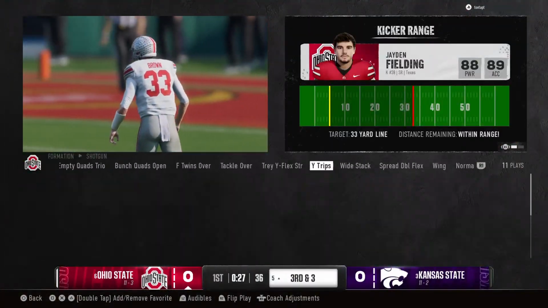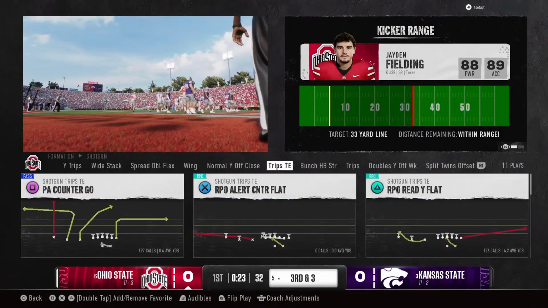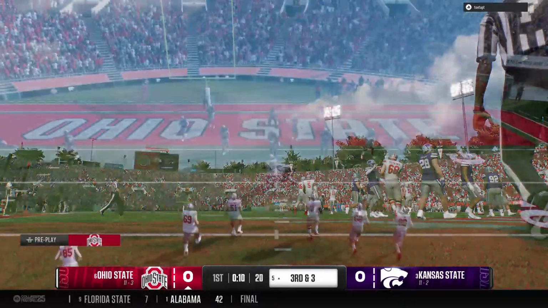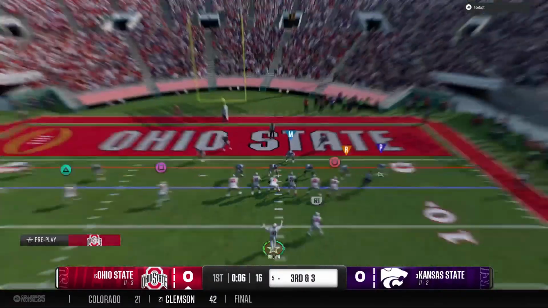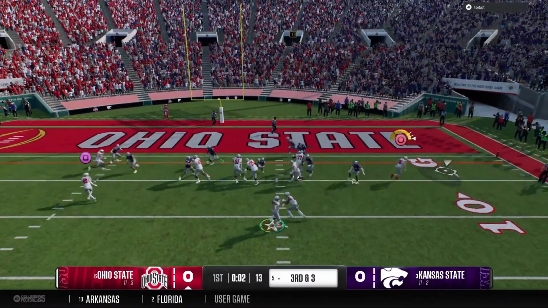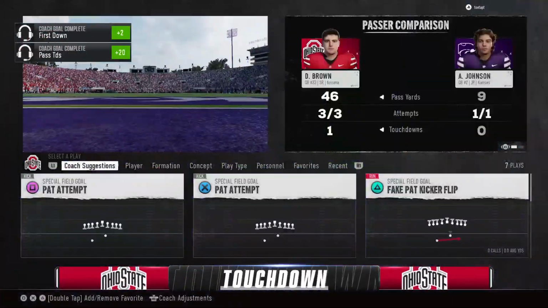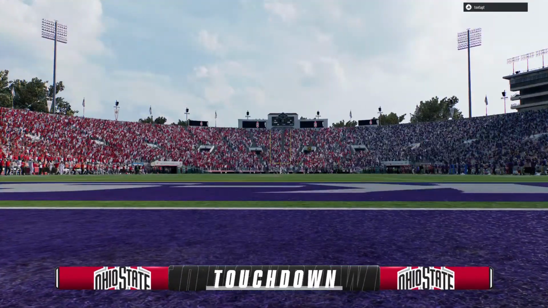Man, that jet sweep action puts so much pressure on a defense. You get so locked in on the ball attacking you downhill. But when offenses sprinkle this kind of offense in, it stretches the defense out wide and can create some vertical seams for big plays. All the way to the end zone. Touchdown, Ohio State.